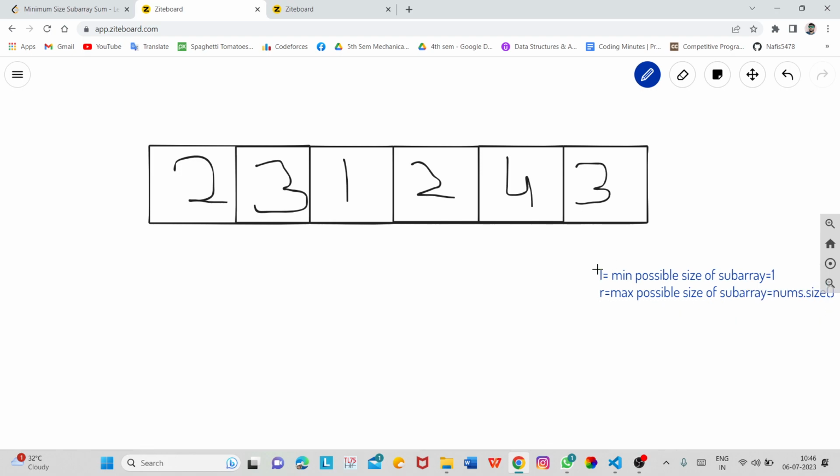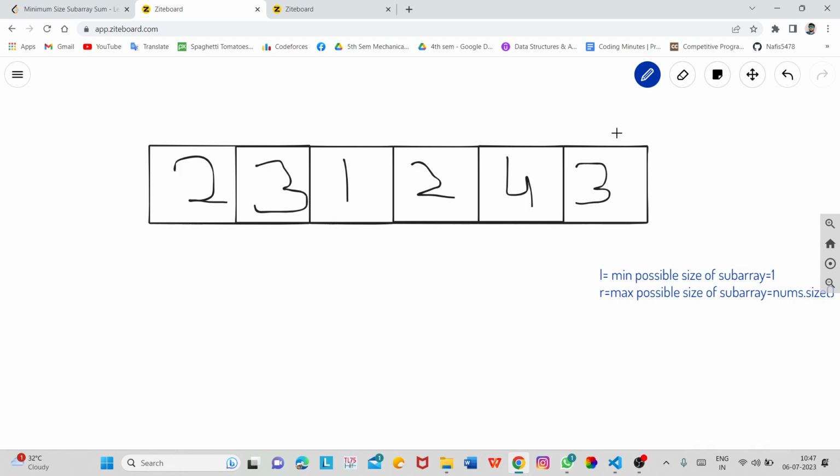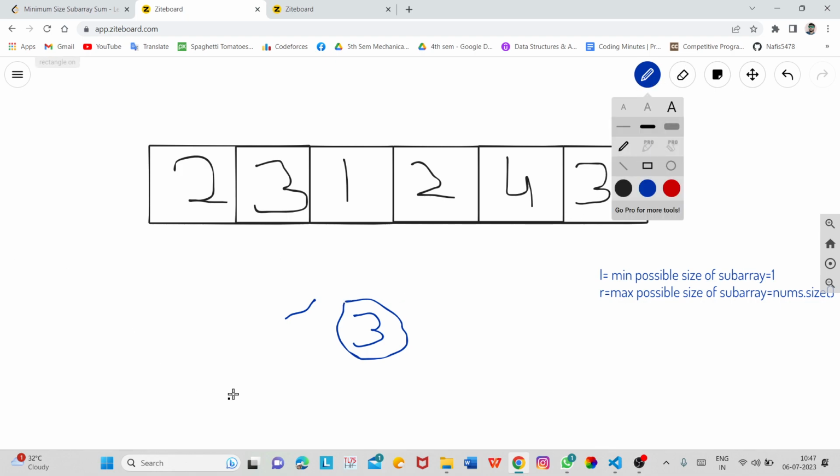Okay, so we have two things with us, L and R. So you can do one thing now. You can apply binary search for all possible lengths. Okay, so let us say I have a subarray of length 3, and I will check for this subarray.